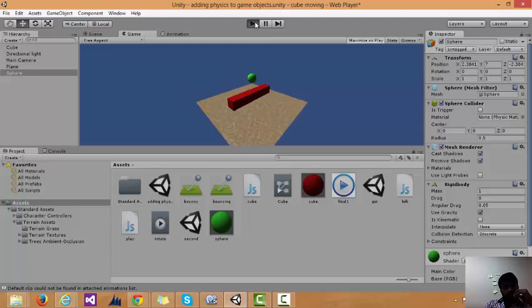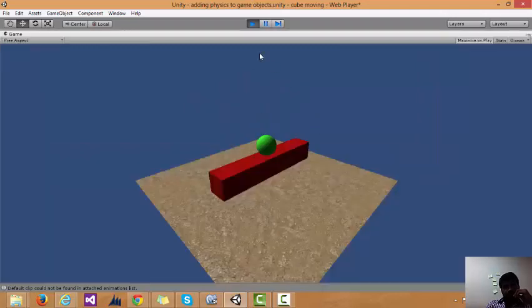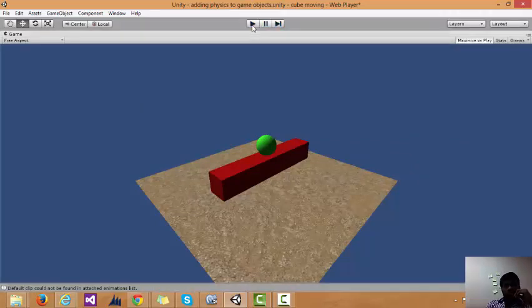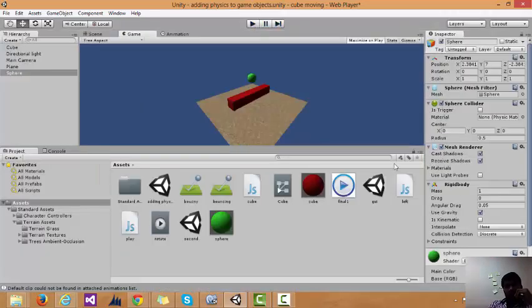A Rigidbody has gravitational force, because in the properties window you can see a property called Use Gravity.